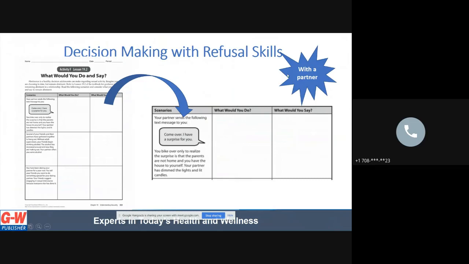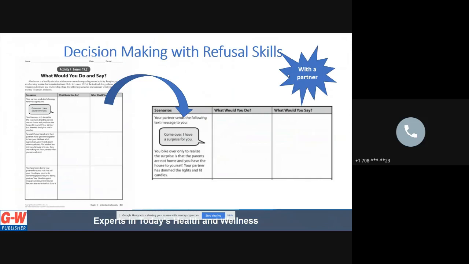And I love actually doing these activities with a partner. In a typical classroom environment, when we are at school, we think of this as a safe place for students to practice these types of situations that they'll be in. So we want to create a comfortable, controlled environment where students can talk about these scenarios with a partner. It also practices getting them to talk about potentially awkward subjects and working on the skill of